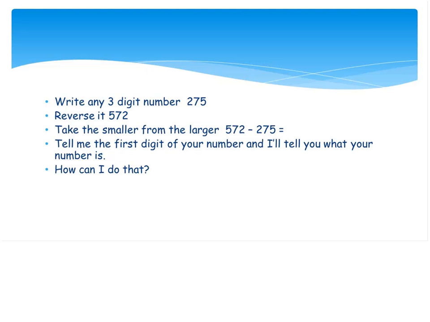But then my follow-up question, to get them thinking and to sort this out and to really get into the maths, is: how can I do that? How did I manage to do that every time? Talk to your partner. Talk in the group. See what you can find out. Does this always happen? Whatever the 3-digit number is, will it always happen? Why?